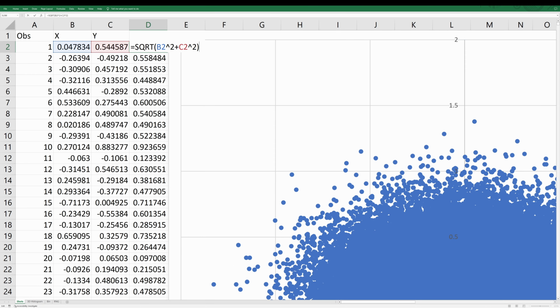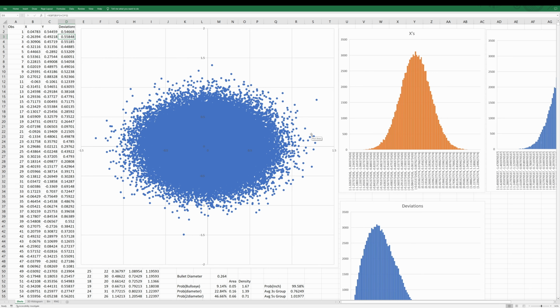And you can see here in the deviations column, that's what I've got. The square root of x squared plus y squared equals the distance from center, or the deviation. Now, one thing that is absolutely correct is the distribution of deviations is not normally distributed on this target. Even though both the X and the Y are normally distributed, the hypotenuse of the triangle formed in this situation